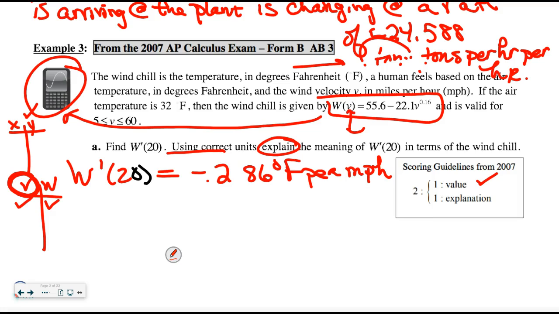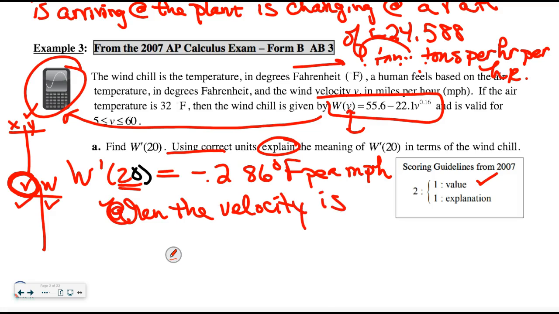Okay, so I always start with the T, because I tend to forget the time if I leave it till the end. So I would say at, but it's not time this time, right? So I think I'll say when the velocity is 20 miles per hour. You actually don't need to put the label there if you put it on up there. It's just got to be somewhere. But so you could just say when 20 is 20 because we got that over here. But when the velocity is 20 miles per hour,